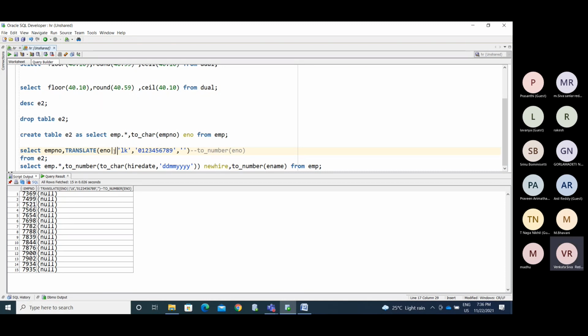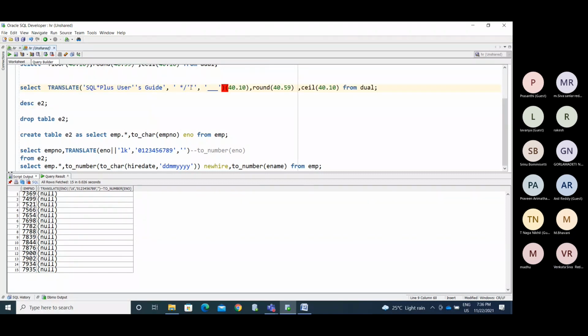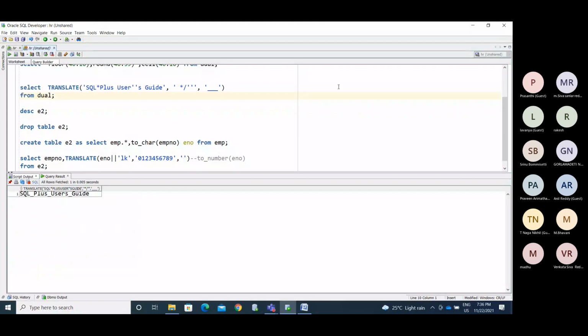What is happening? How will the translate function work?